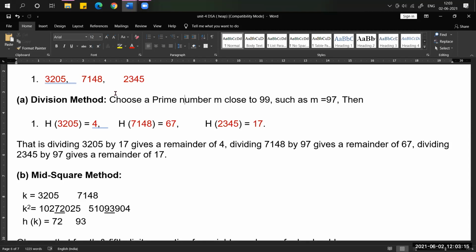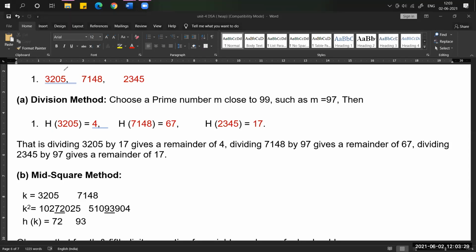Just look at the first one. What is the first employee ID? 3205. This is the key. Now hash of k, the hash function of key, equals what is the formula we read about for the division method?